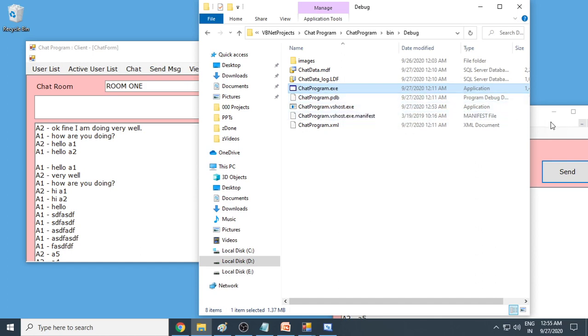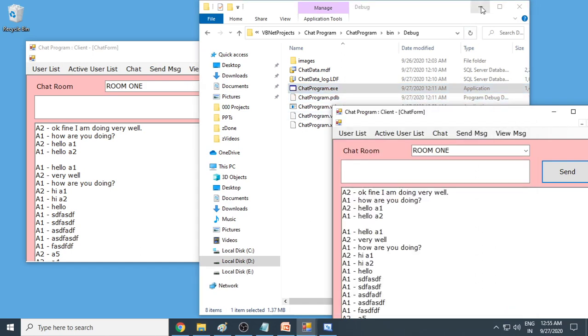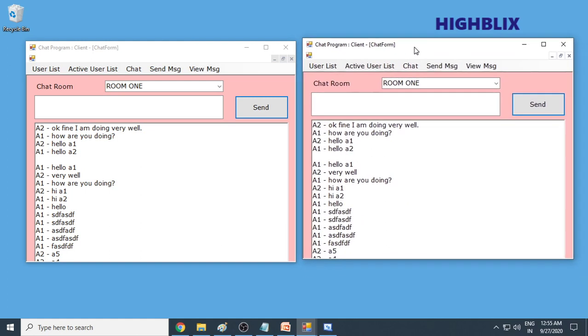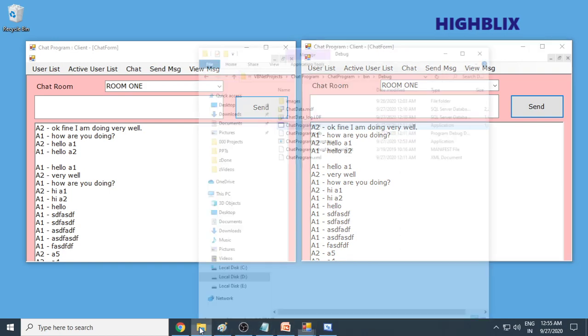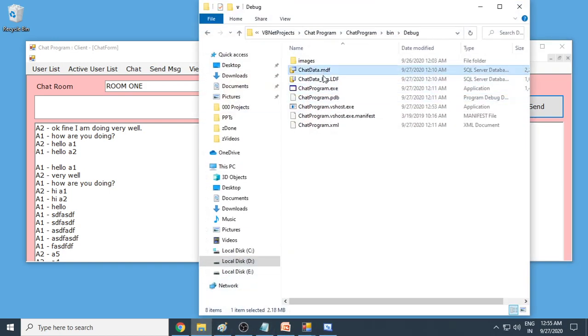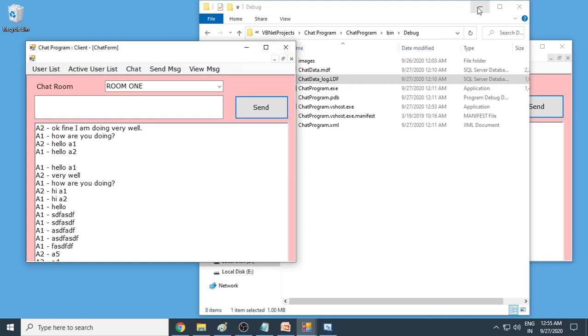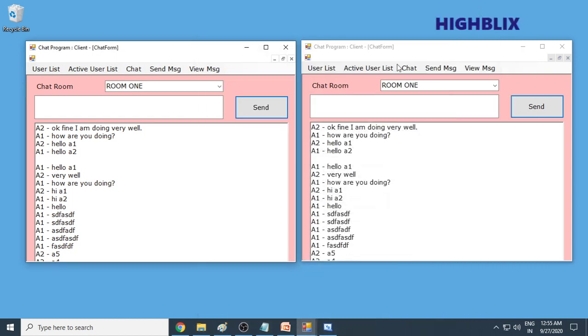They can run the exe file and communicate. If people want to communicate between different systems, then our database should be online, so you should host your data online. Then all the people can communicate online. Your application runs on the desktop, but your data is online, right?